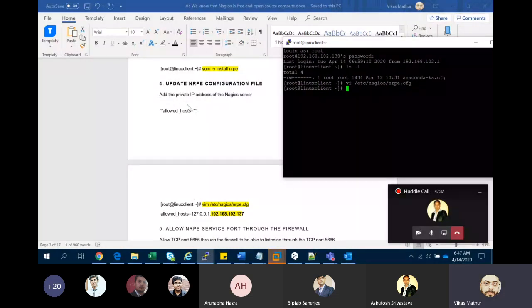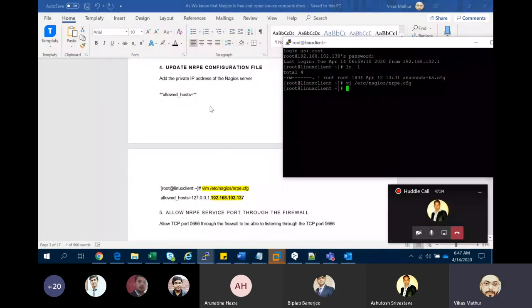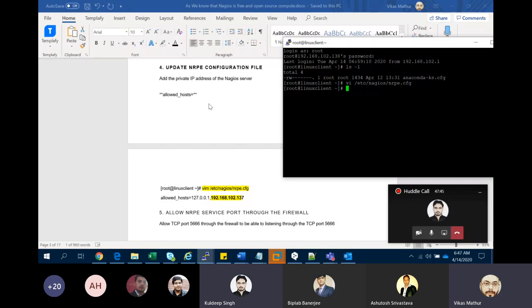Can we allow the entire subnet? No, there is no need. You need only the server IP. Subnet is a different thing.